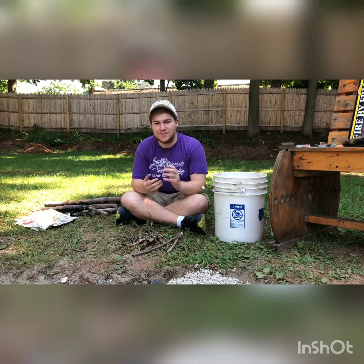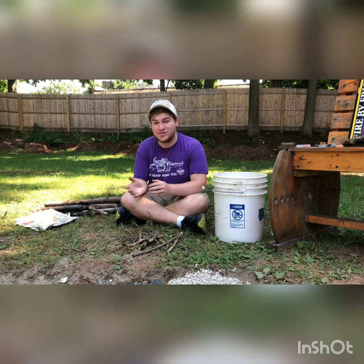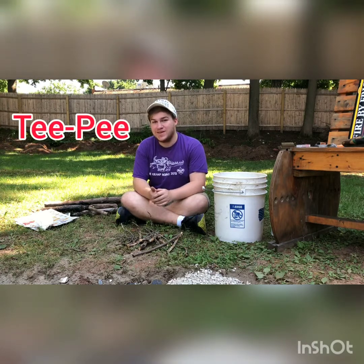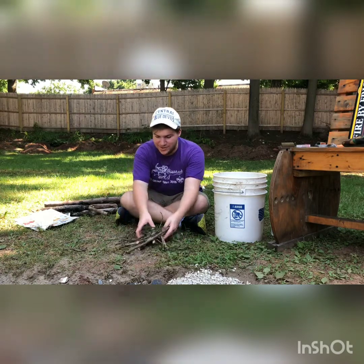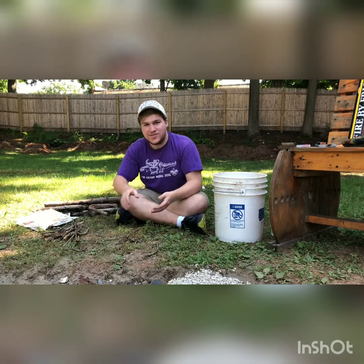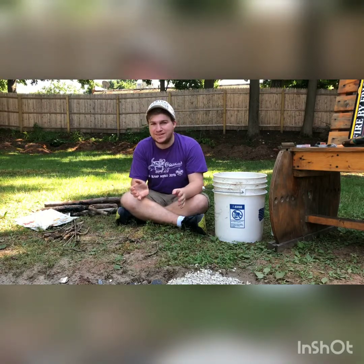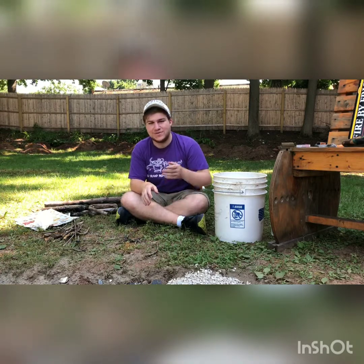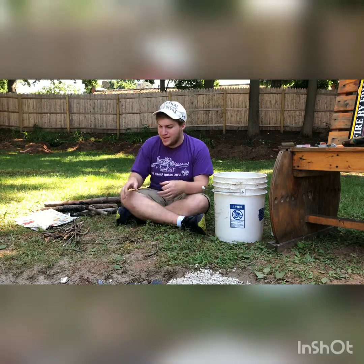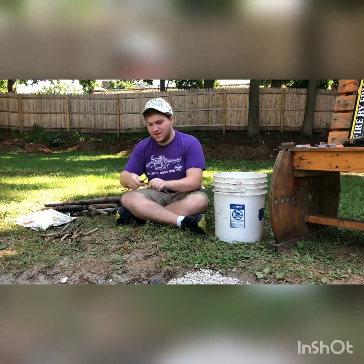Now there's actually three main styles of fire, like the logs you build up, that you can actually make. So there's a teepee, a log cabin, and a lean-to. So I'll just do a small example of each of them. I'll start off with the log cabin. If you guys ever played with Lincoln Logs or seen Lincoln Logs before, that's basically what a log cabin is. Or just if you go camping and you see a log cabin, a shape like that is what a log cabin fire looks like. So you have your fuel,